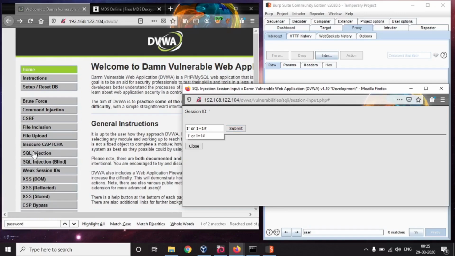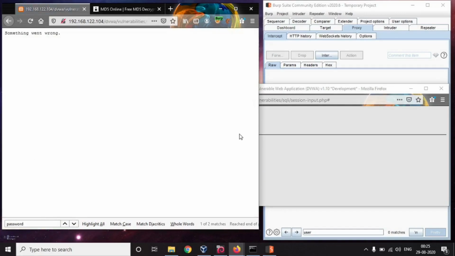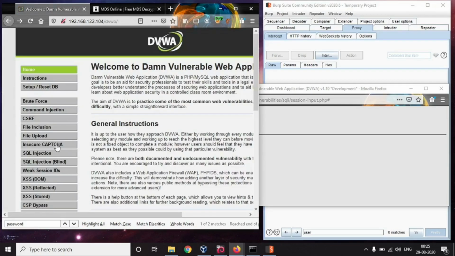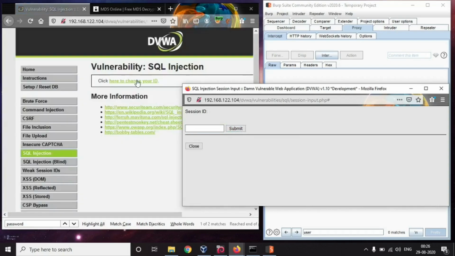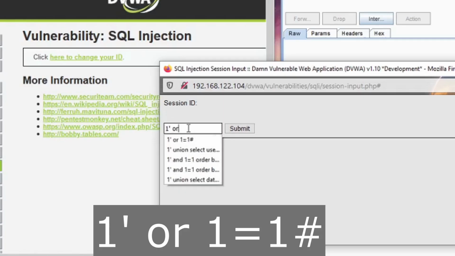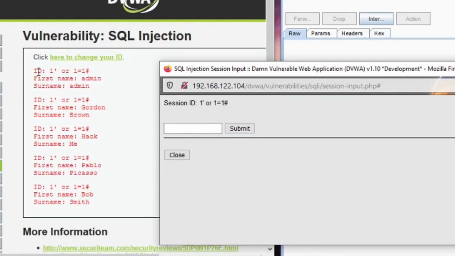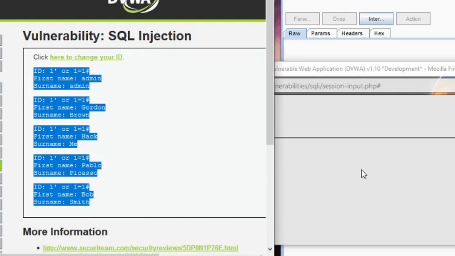First I will go back to SQL injection. I'll submit it to refresh this. Now I will again pass the payload. So here my payload was executed successfully.